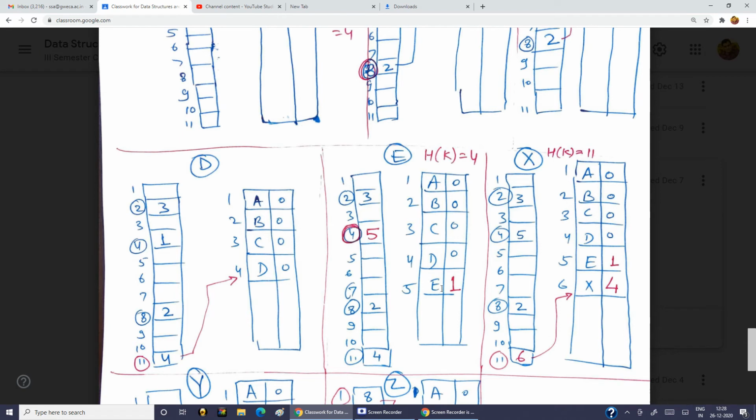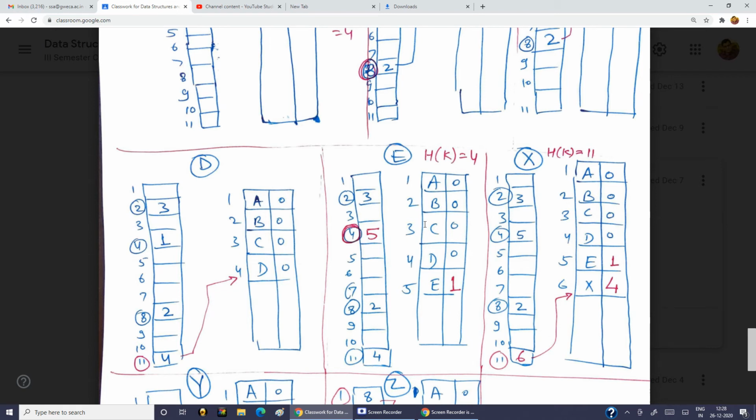So you can see the next pointer. This, so it is 1. So it is telling or suggesting you to go to 1. So you went here and you see A is found. So it is over. You have found it. Now you say something having value HK equals to 4 but not in this list.